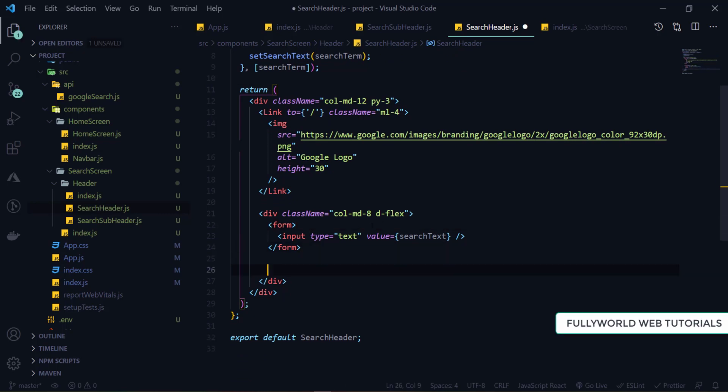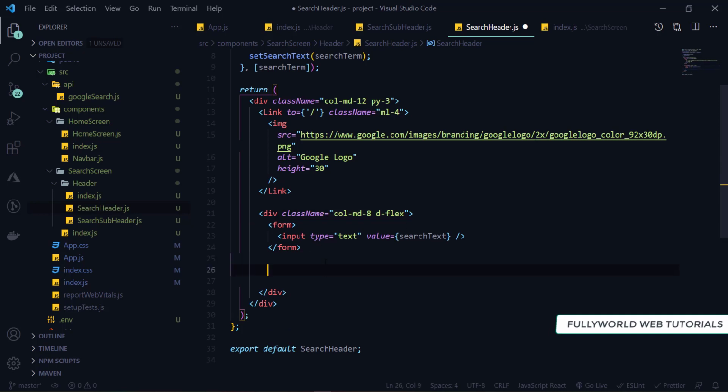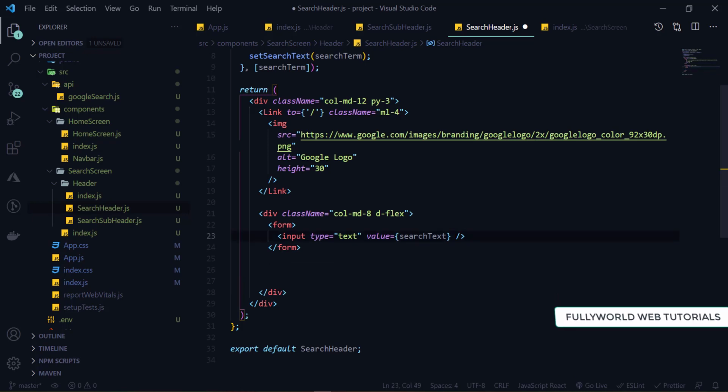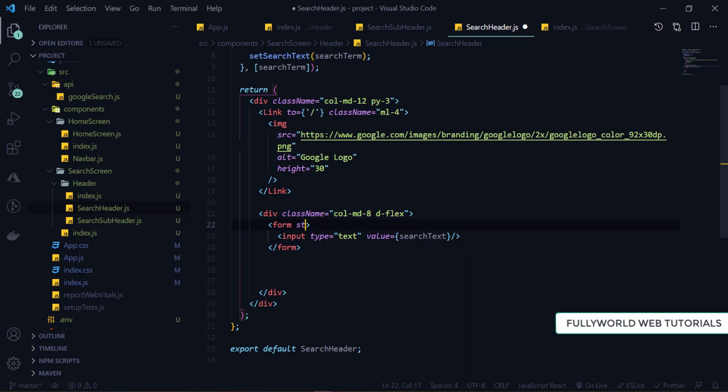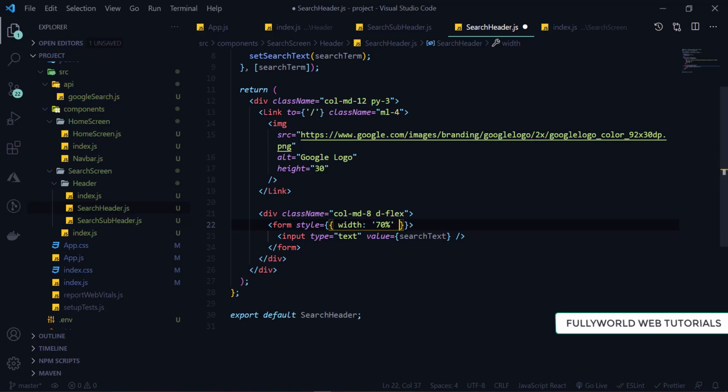So here I'm going to write style, and width to maximum 70% will be good, and here I'm going to write className as form-control. Save it. Now let's see how it is looking. See that it is looking like that, this one.